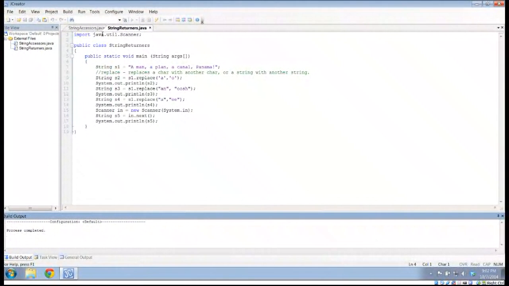I'm going to see "a mana, plana, canal, Panama." I'm going to see "omona, plana, canal." I'm going to see all the different ones that we've created. But now it's waiting for me to type something. So if I say something like space, hi, space,